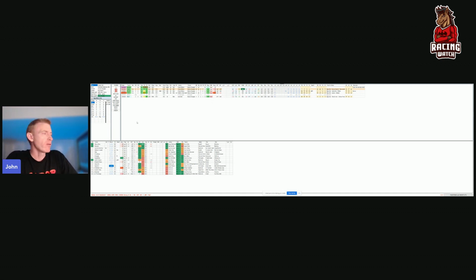Good luck if you're playing in the race. It is a great race this year for all the hoo-ha about it. It's an interesting race, and that's what everyone wants to bet on, and this race certainly creates interest, and this is a decent sort of looking betting race. Dominant favourite, probably justified, but good angles around it. So anyone who's playing, good luck, and